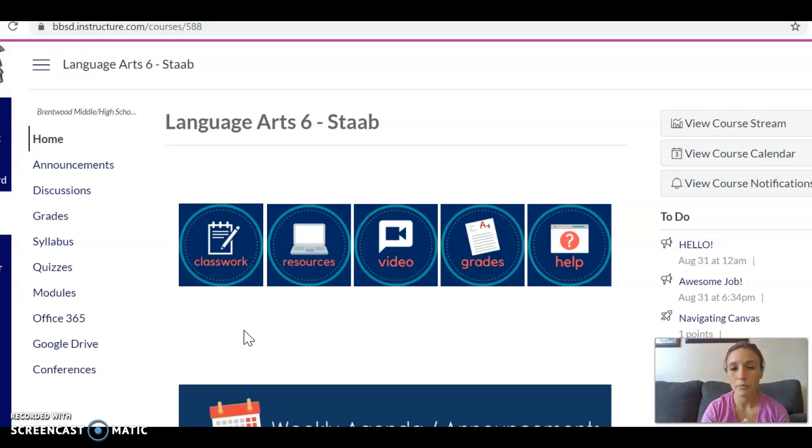Once you have it saved, and some of you might be able to take a picture on your webcam. However, I'm not sure how that works with the computers that you guys have. So I'm not sure about that. However, once you have your picture, you can go to classwork,